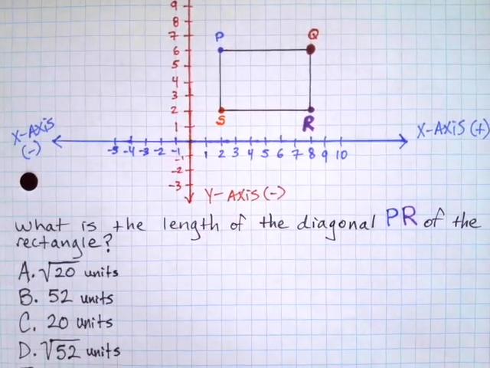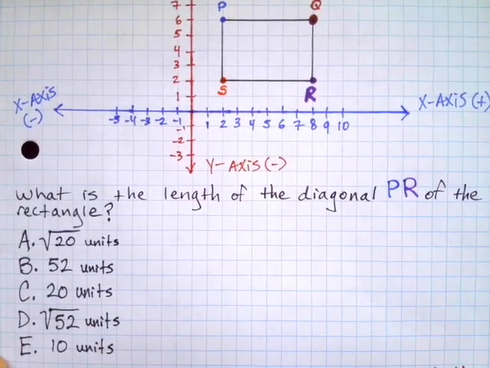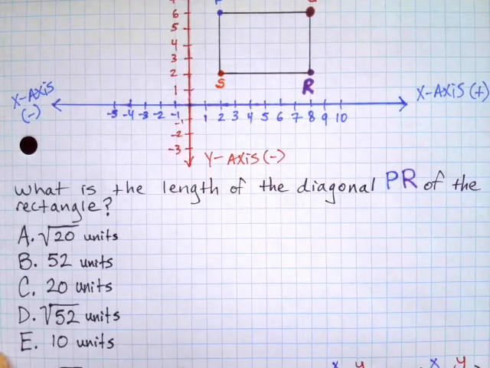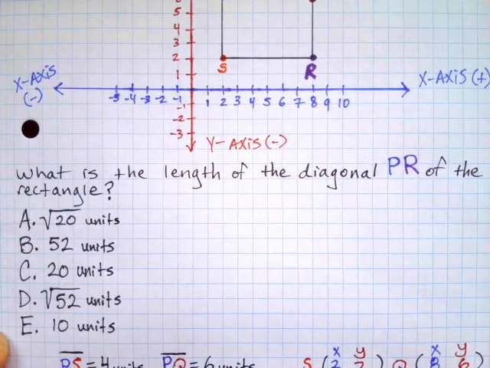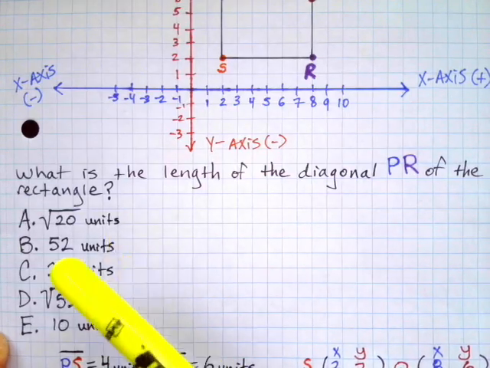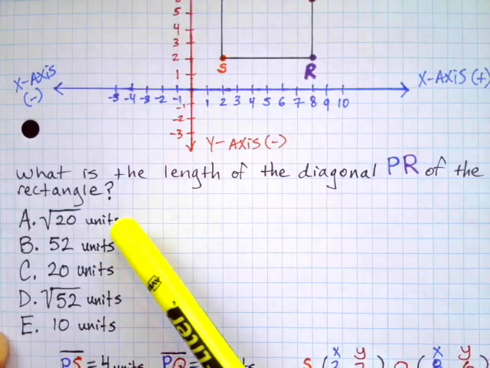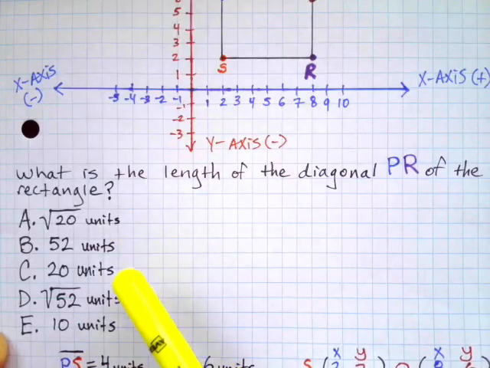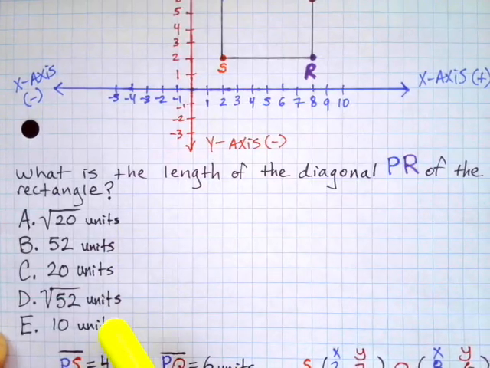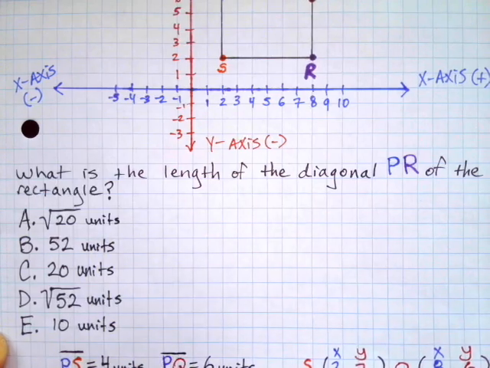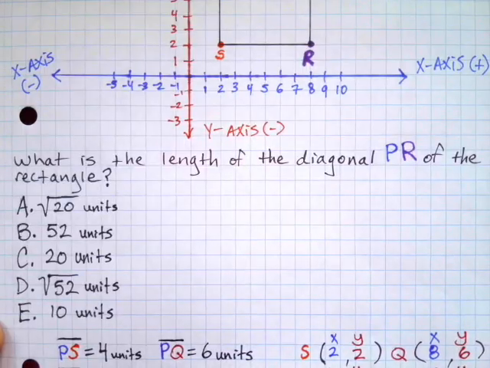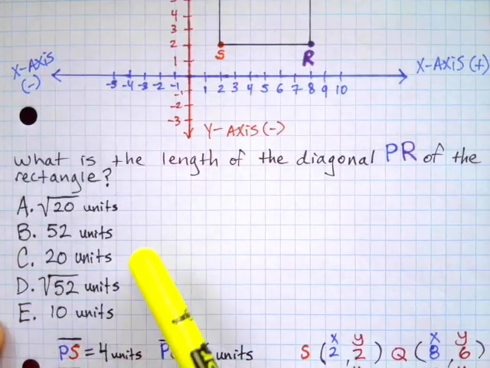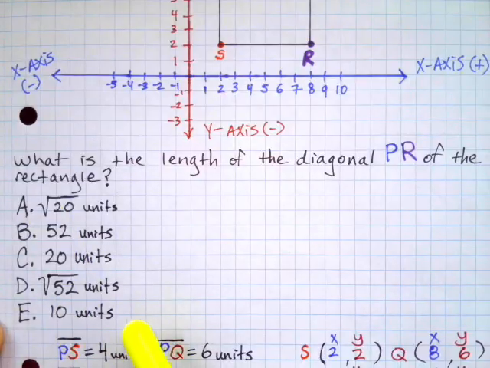B, 52 units. C, 20 units. Or D, square root of 52 units. Or E, 10 units. Units being feet, inches, miles, meters, whatever we're looking at, represented by units. So let me point out here, as a test-taking strategy, and I like to give test-taking strategies if possible, right now you can't technically eliminate any of the A, B, C, D, and E's. But what you can do